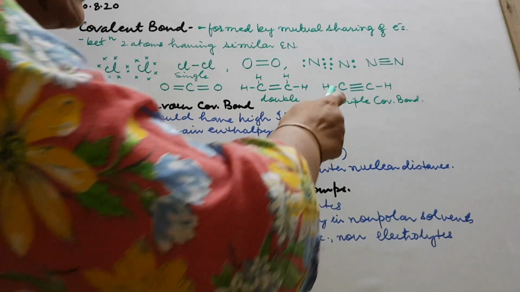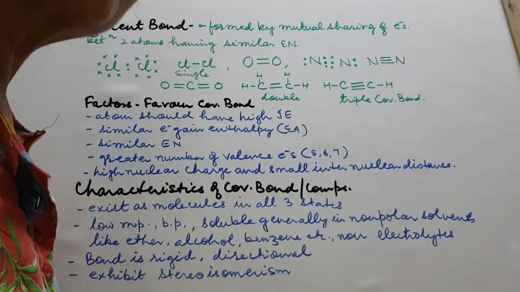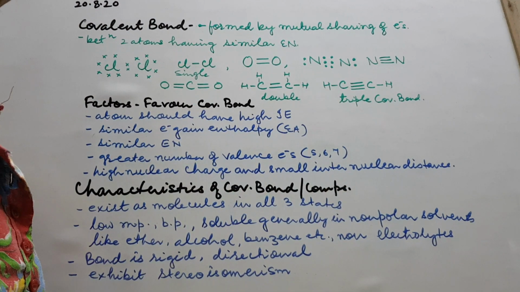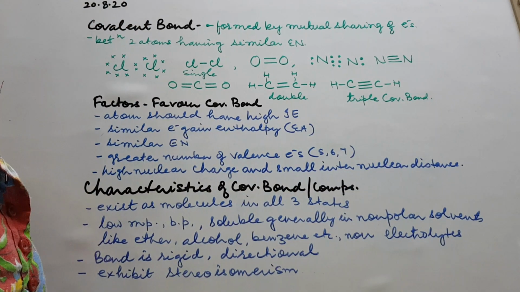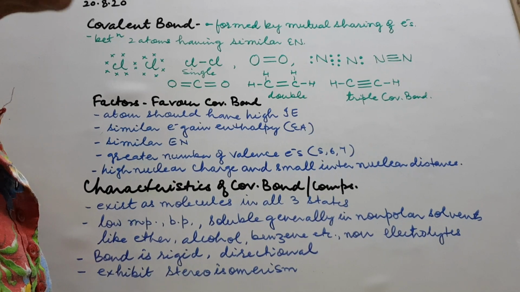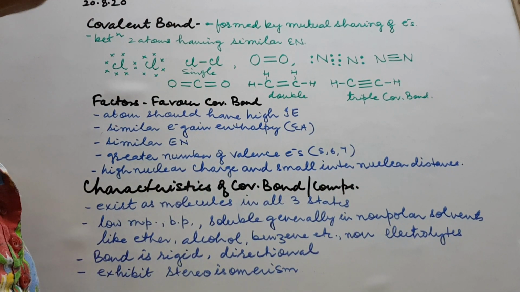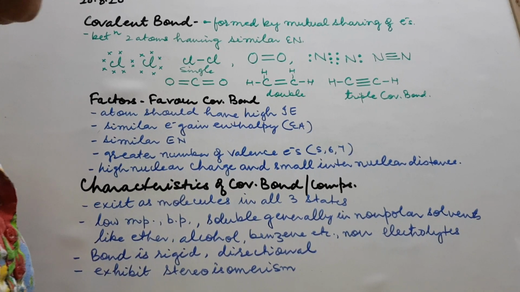While doing so, carbon got 1 electron here, 1 electron here. It had 4 of its own. 3 got through this bonding. It became 5. Still both the carbons run short of 3 electrons. So they both mutually share 3 electrons and hence a triple covalent bond is formed.